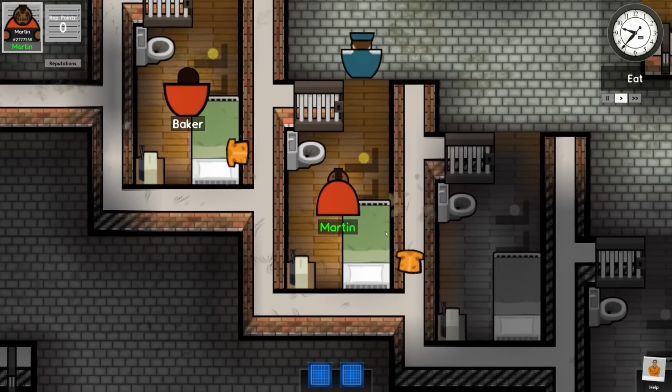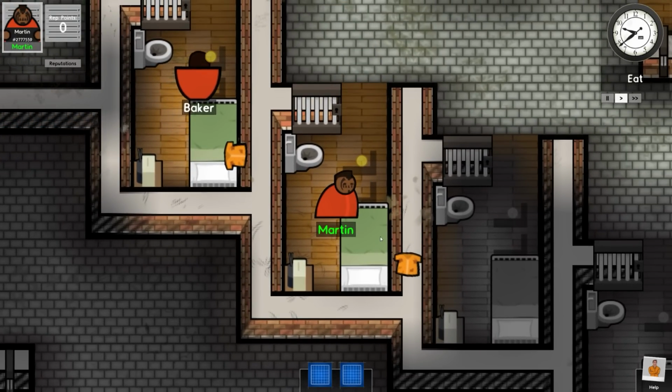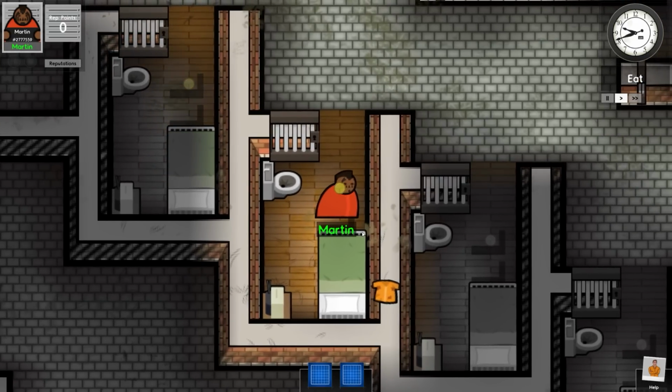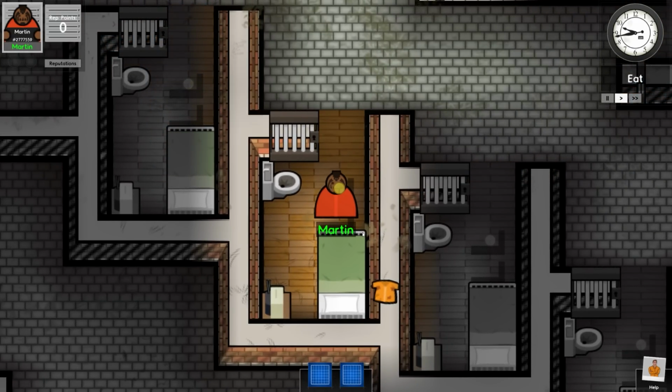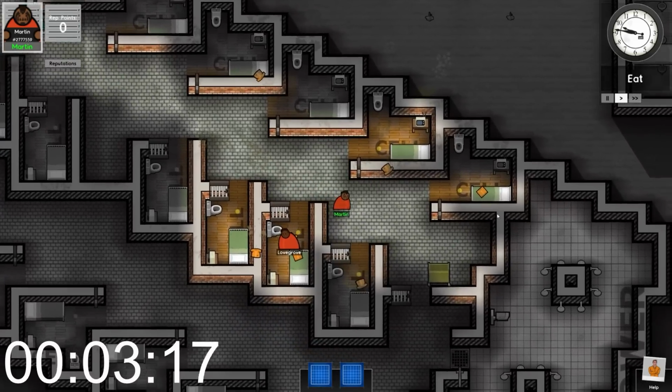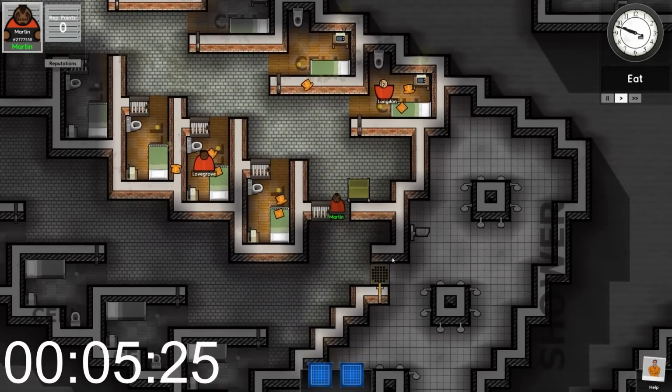So here we are, prisoner number 2777559, who is going to try and break out in 10 minutes with another 9 people. In 3, 2, 1, go. Okay, so the first thing we're going to do is rush over to, naturally, the farm,